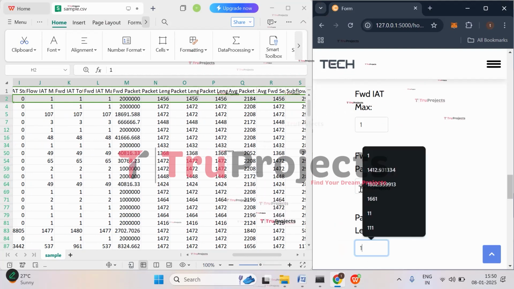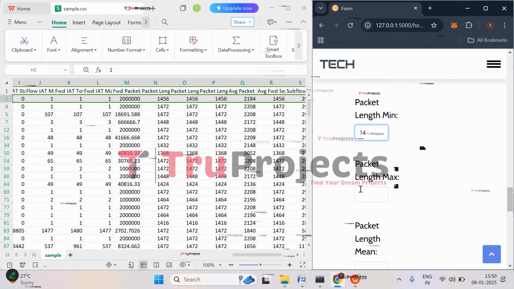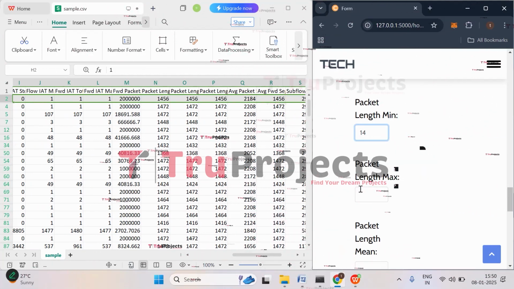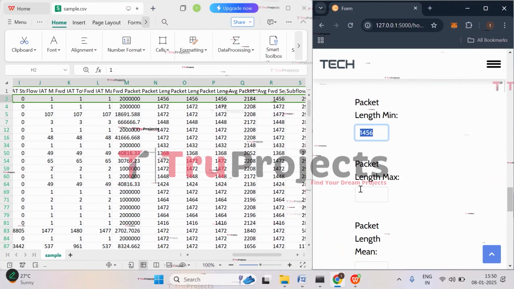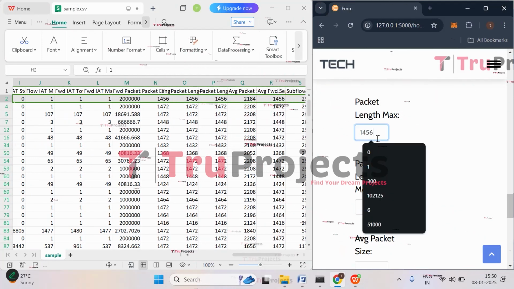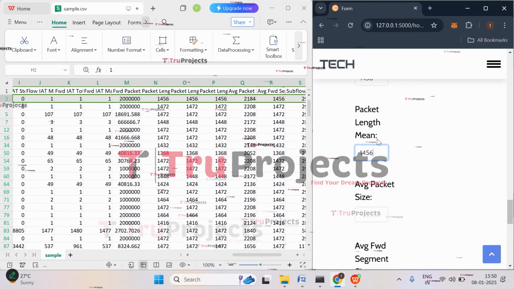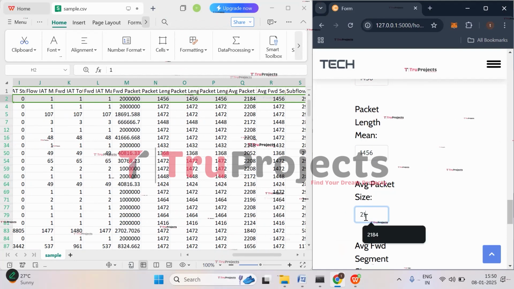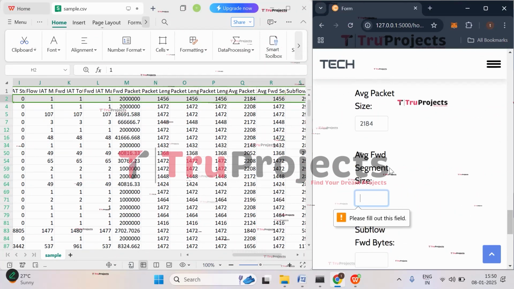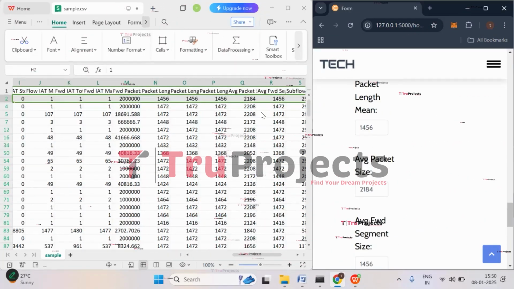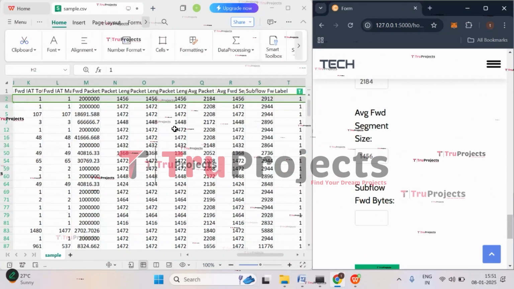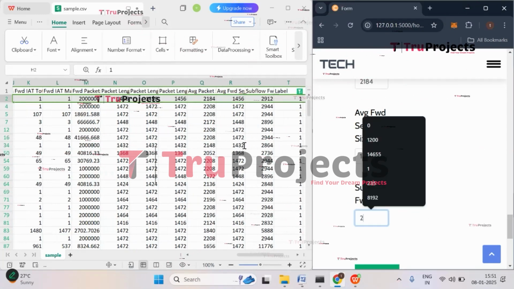And then we have packet length max, that is 1456. We have next three values also same, so just paste them. And then average packet size is 2184 and average forward segment size is also 1456. And the next value is subflow bytes are 2912.